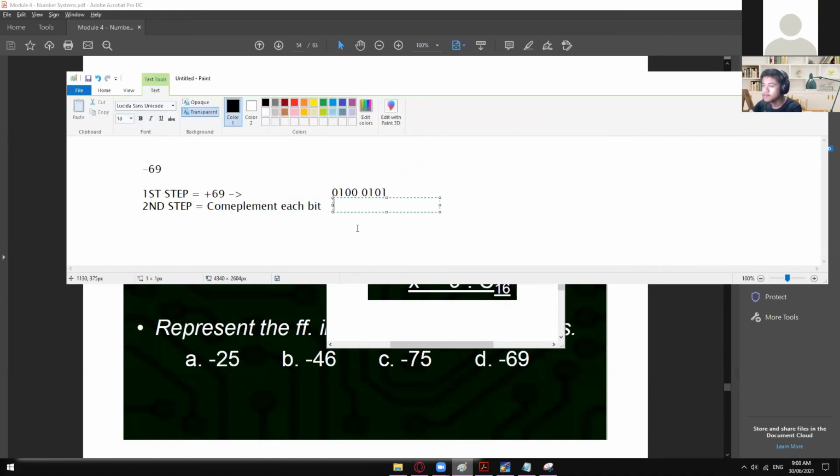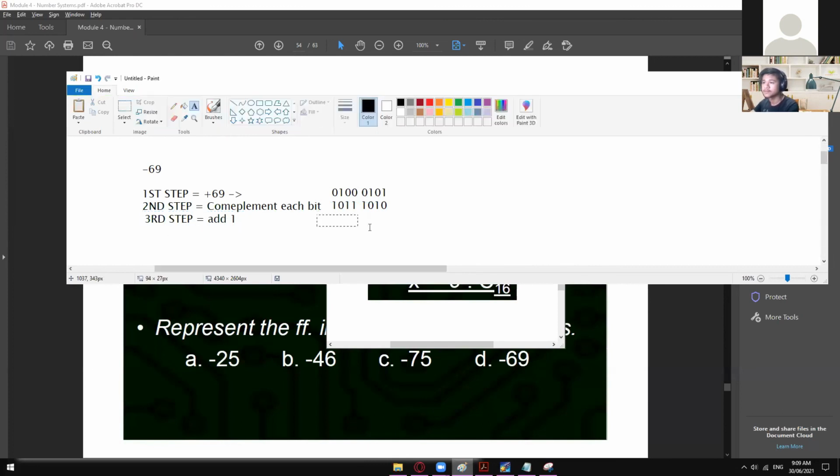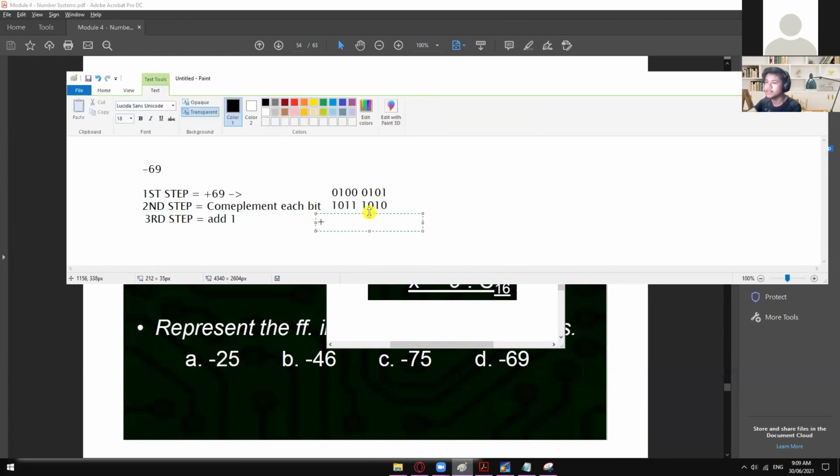So in here, the complement of this one is 1, 0, 1, 1, 1, 0, 1, 0. And let me just align this one. There you go. Okay. Then after that, third step is you have to add 1. Okay. So in here, we have positive